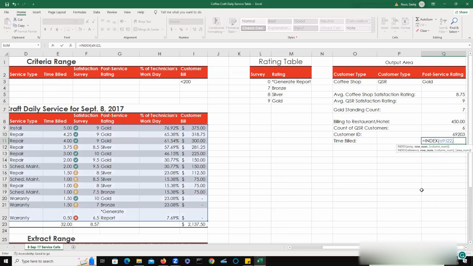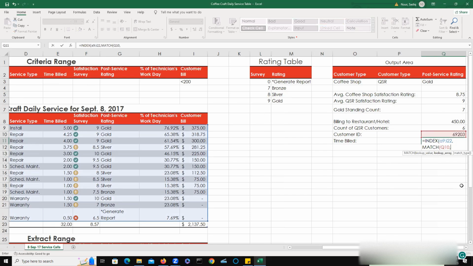That one is where we have to do match. The match function is used to find the position number of what we want to ask. So match what? Q10. Q10 is the 69203. So double click the match function. So the lookup value is Q10,